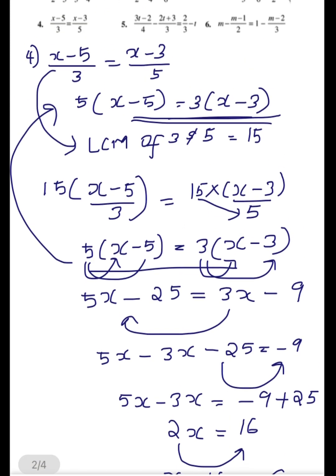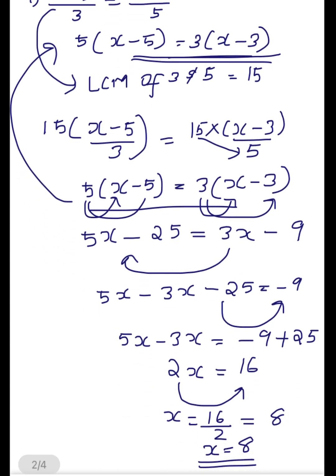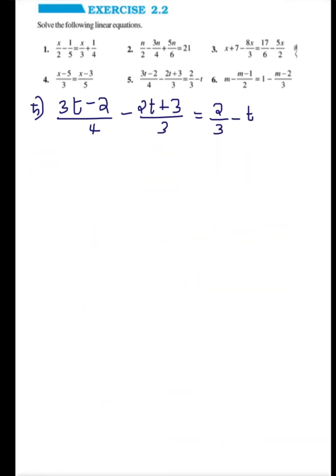Okay. So these types of questions, you can either simply cross multiply them and do the remaining steps, or you can follow the conventional step. What was that? Taking the LCM of both denominators and then multiplying both sides with the LCM. Anyhow, you will get the answer as x equals 8. Now let's see the fifth question. Now this is the fifth question, that is